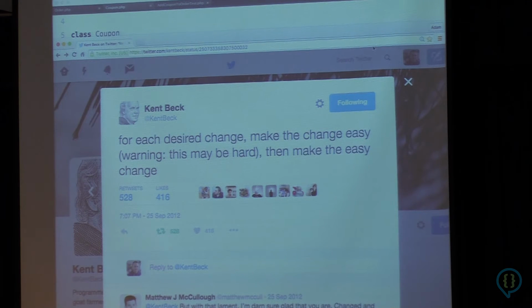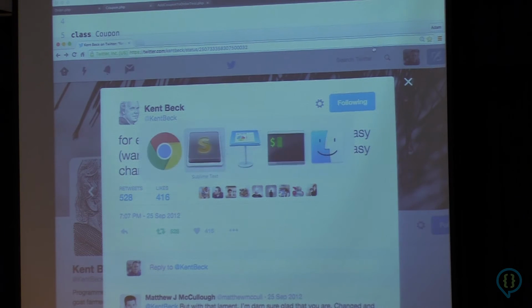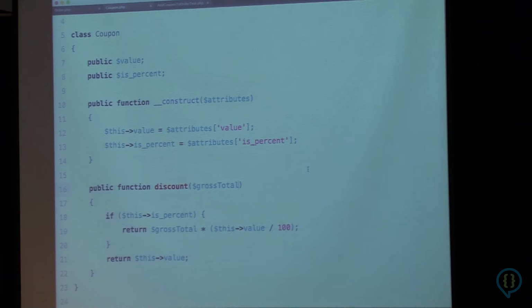And that kind of lets your design evolve over time and stay catered to the needs of your application and how it's changing. So let's talk about how we might do that. How can we make this change a little bit easier? Well, we know that we're going to need to pass in the quantity of books, right? And we don't want this to keep growing and growing and growing.